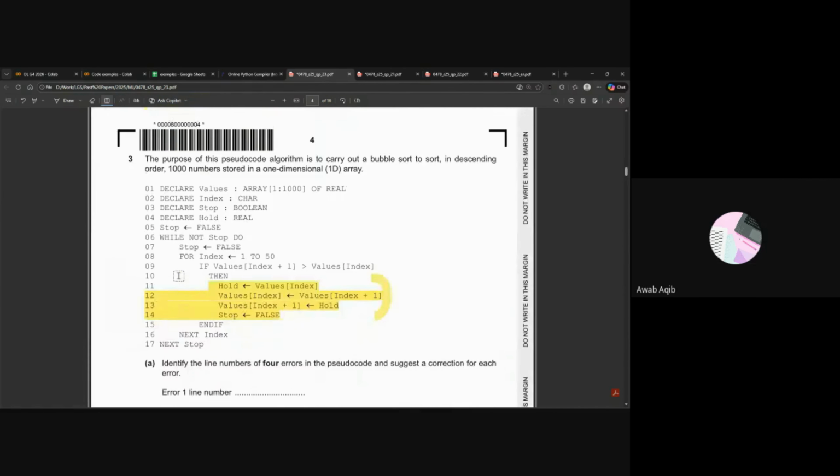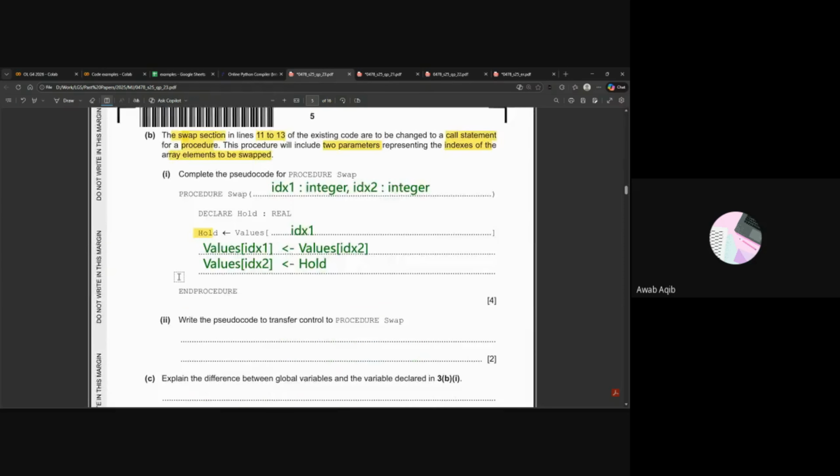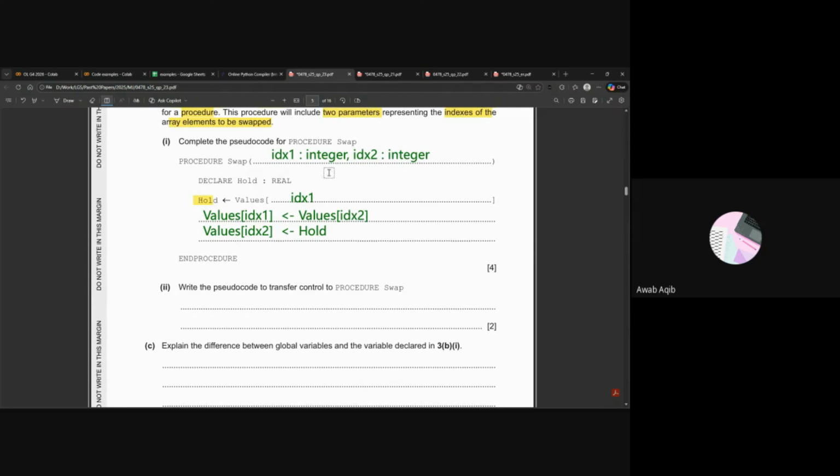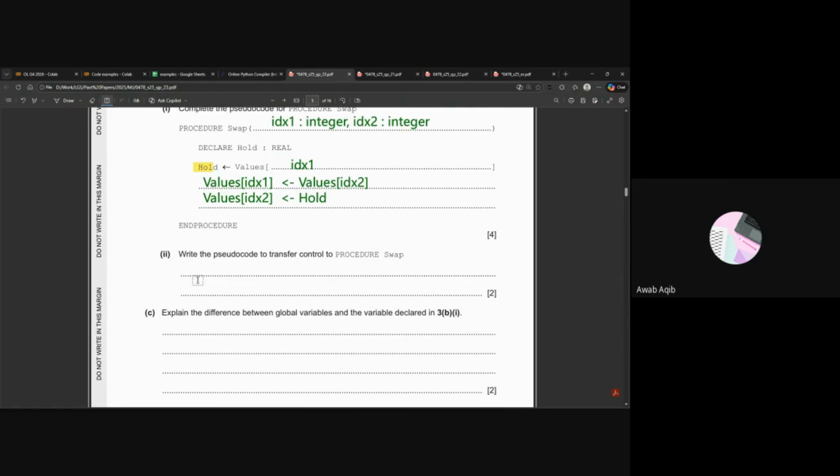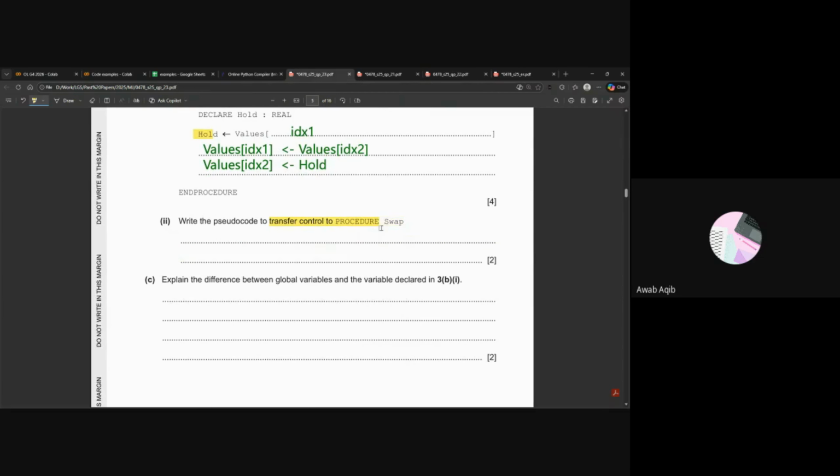So the same logic above, except now the code is reusable, so we will not need to copy paste. We can simply swap any two values using this reusable procedure. Now just saying write the pseudocode to transfer control to procedure swap. Okay, in order to do that, it's simply a tricky way of saying that you have to write a call to swap. So they actually wrote it this way to confuse. Transfer control means to call. So we'll write call, swap,